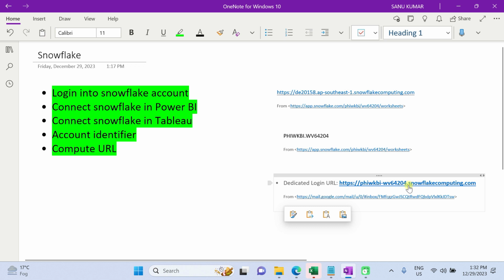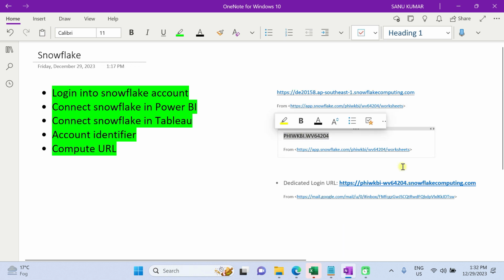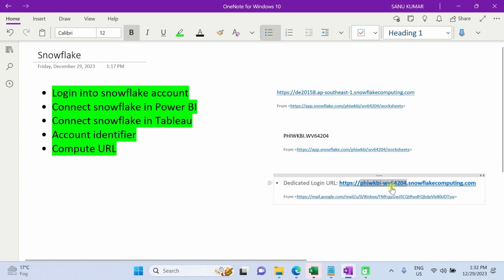This is exactly the same as this one. So this is basically your account name. You can copy it, and you can provide this account name if you log in by